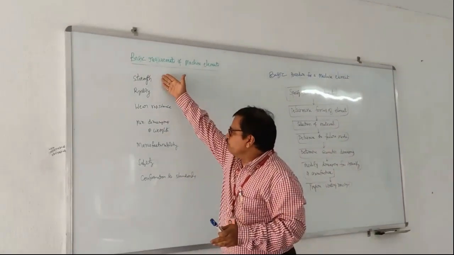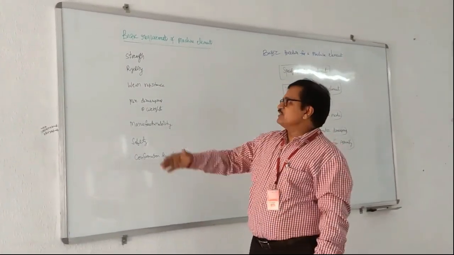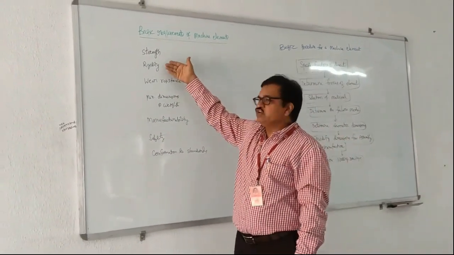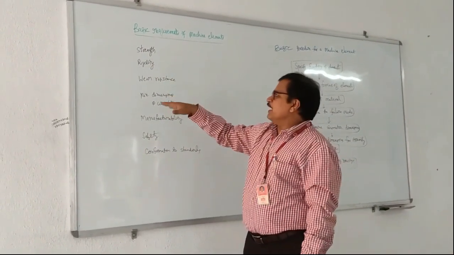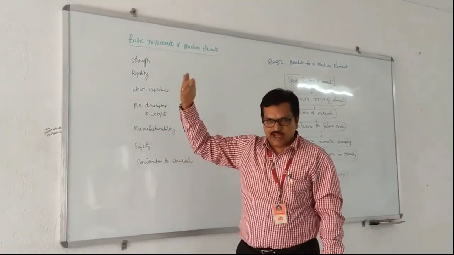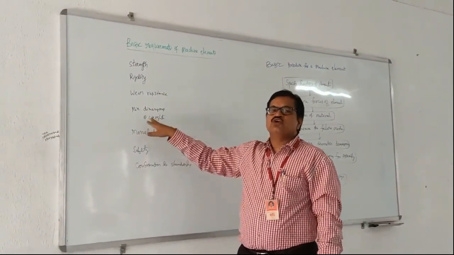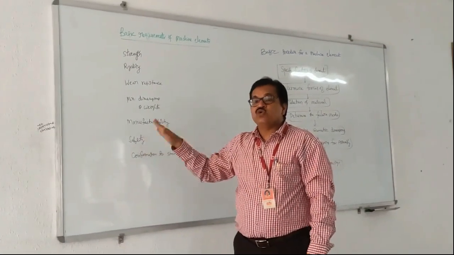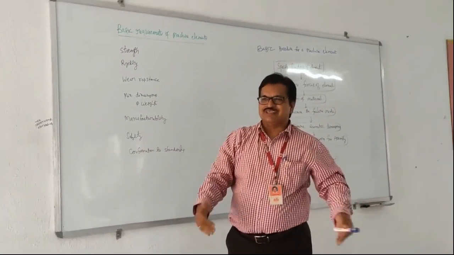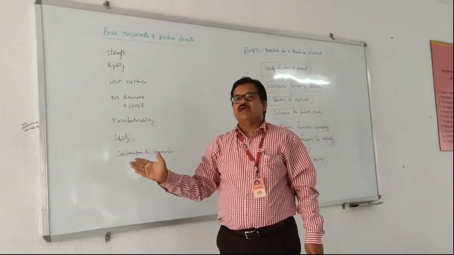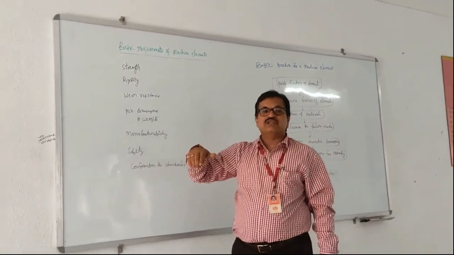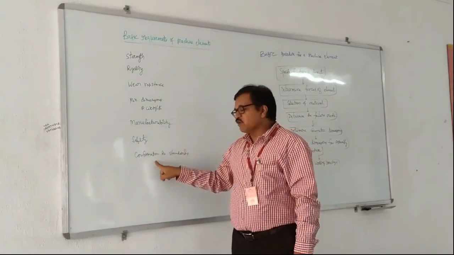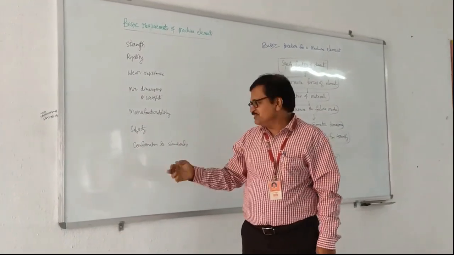So these are the various requirements of machine elements, starting with strength. Strength is needed for the member to avoid failure. Rigidity is required to maintain the contact, and then wear resistance is to give good life, and then minimum dimension and weight to provide certain parameters, and manufacturability is required to convert the raw material into the finished product easily, and safety after making this element which is fit into the machine. If that fails, what happens to the surrounding conditions? So that is safety, and conformation to standards, replacement of parts with ease with the standards.